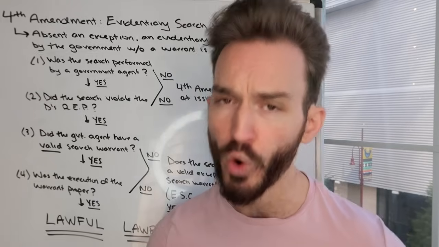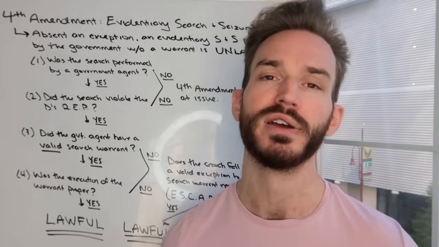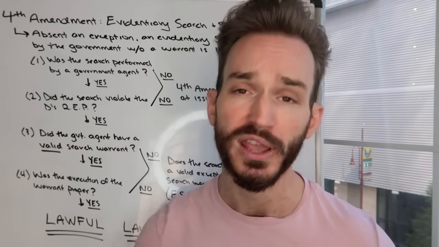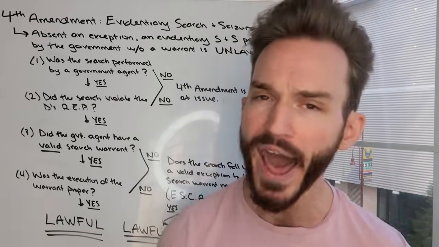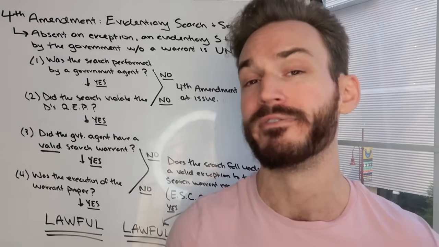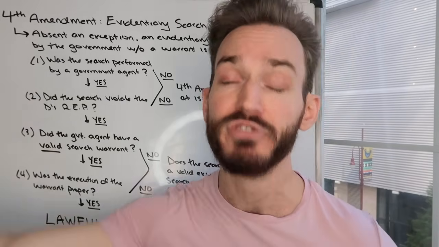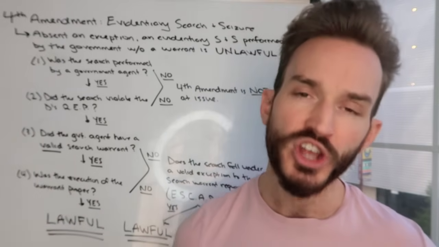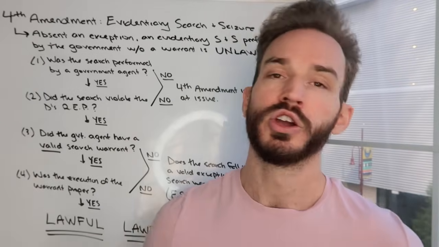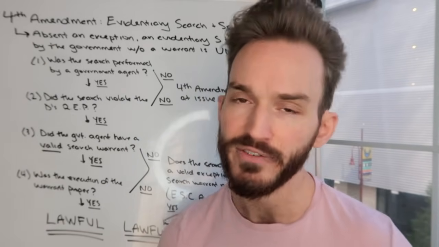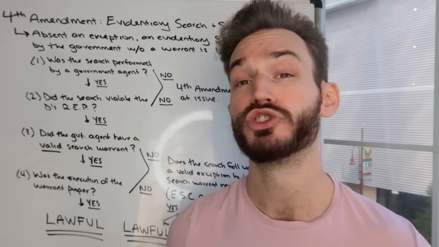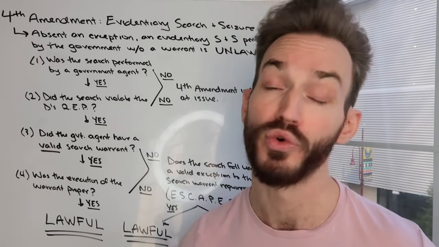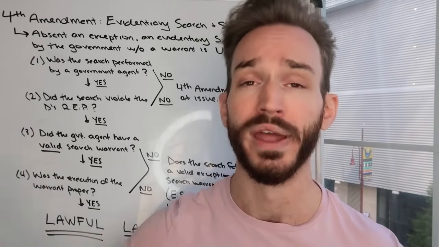Usually there's some sort of informant or witness that has some degree of credibility that's saying, hey, look, this item you want, this evidence is on this property. That's usually what's going to lead to it. Or they have some good articulable facts that suggest that the evidence that they want is going to be in this place, in this constitutionally protected area. And generally, the process here is going to be, you're going to have a police officer file an affidavit with the magistrate, and the magistrate is going to look over that affidavit. If there's probable cause, then they're going to grant that search warrant,